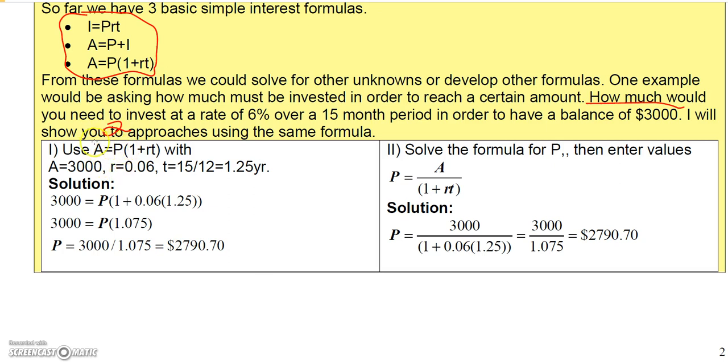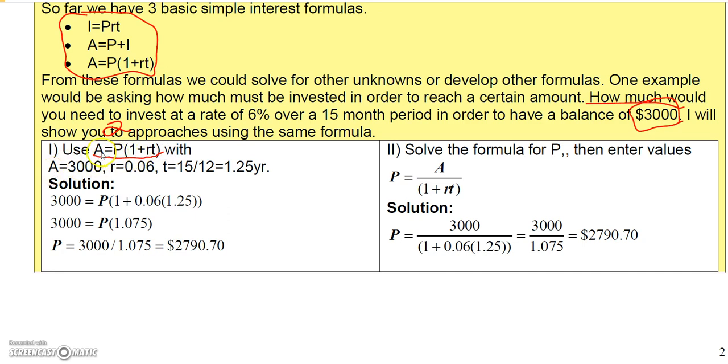But I will show you two approaches to this problem. One approach is just to plug in the given values into your formula. Notice you're actually given that the amount should be $3,000, not the principal, because you want to have an amount of $3,000. So I will take this formula, A equals P times 1 plus RT, and I will plug in